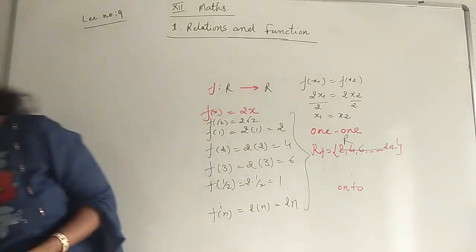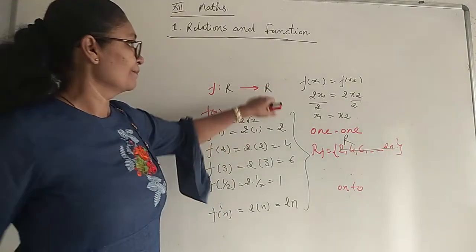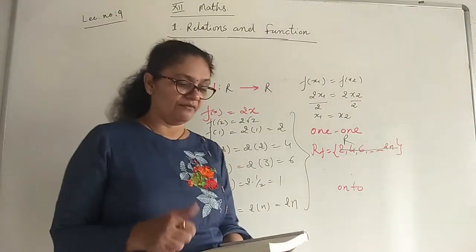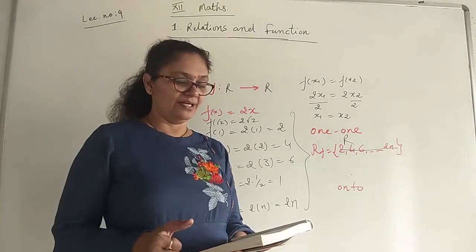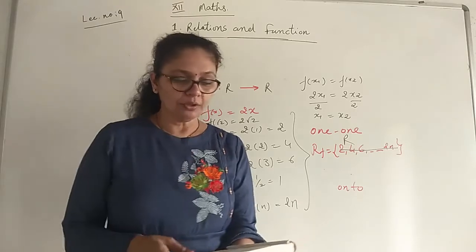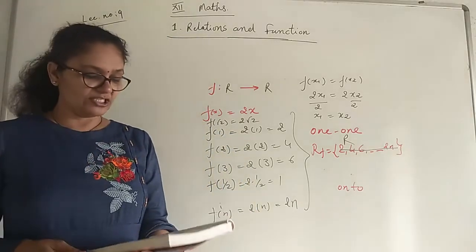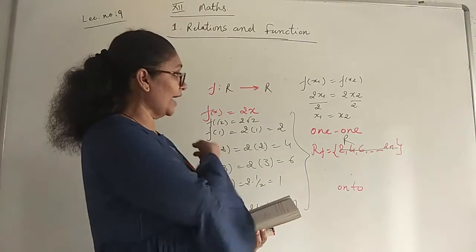If you get all the real numbers, this became onto. Right? So only the difference is in the sets. Suppose we have taken natural numbers, we are not getting onto. But if you take real numbers, you will get it is onto also. So that is the difference. Now you can check your 10th question, this one your 9th question.